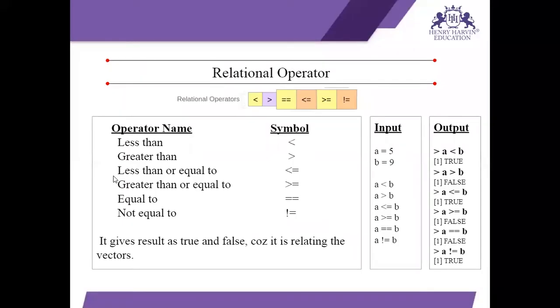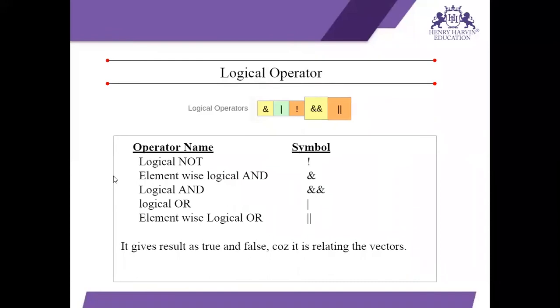Next, last is logical operators. Logical operators help to make a decision based on multiple conditions that can be evaluated to a true or false result. So logical operators help to find out if two vectors or two variables are equal, or if the values in those vectors or variables match or not.